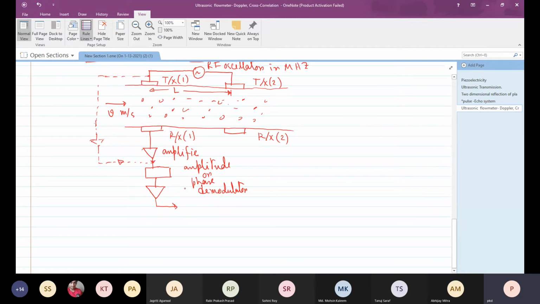Excuse me, sir. Yes. Sir, can you explain why locking is required? Like we are already getting a phase, like a frequency shift, and we can take just a minute. Yeah, but what happens